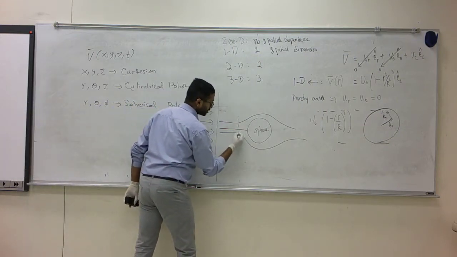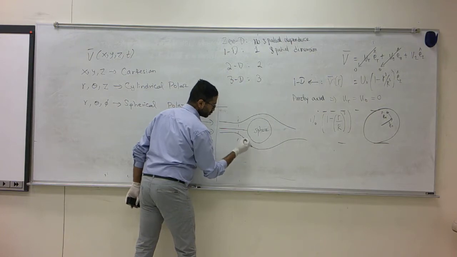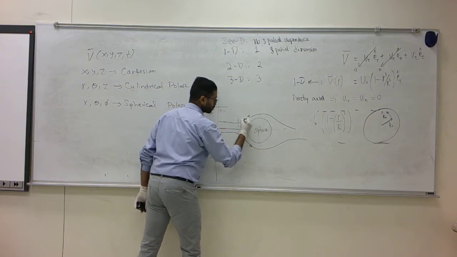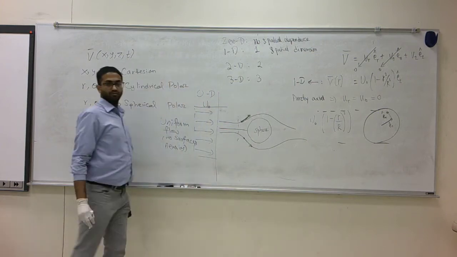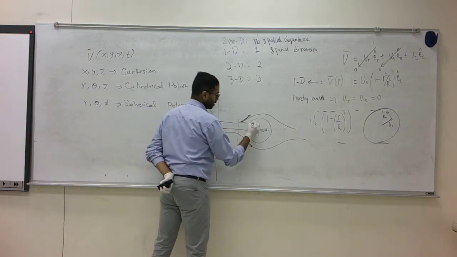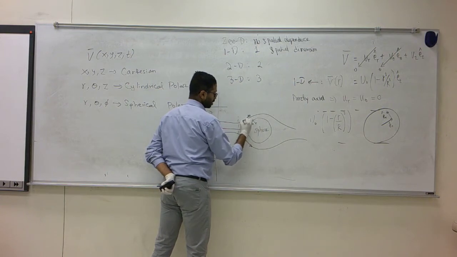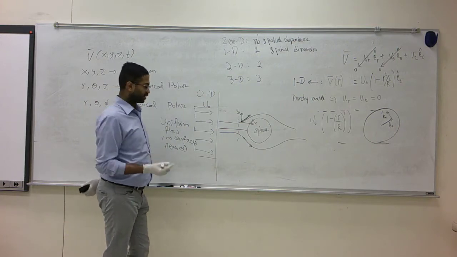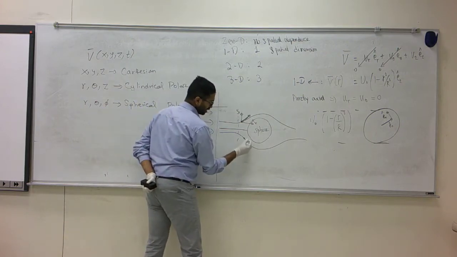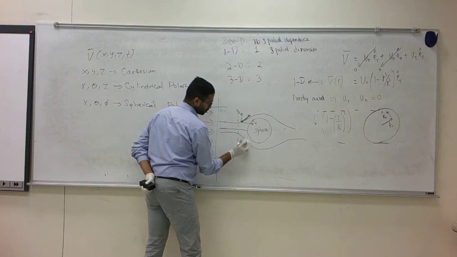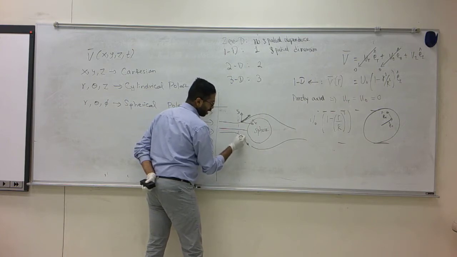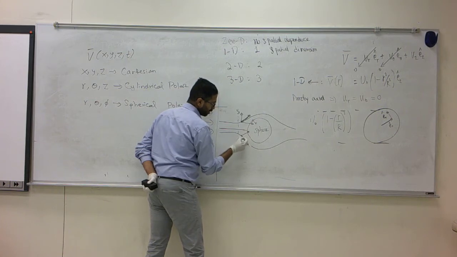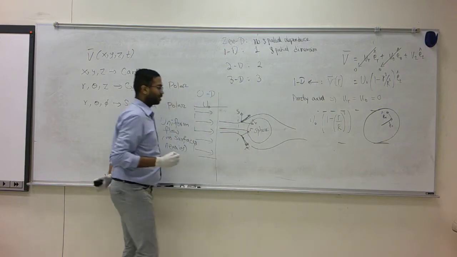if you consider points that are about here, you can resolve this velocity into two directions, an x component and a y component. You can do it either by Cartesian, or you can have a velocity that is resolved along or normal to the sphere and tangential to the sphere. Tangential component and normal component.